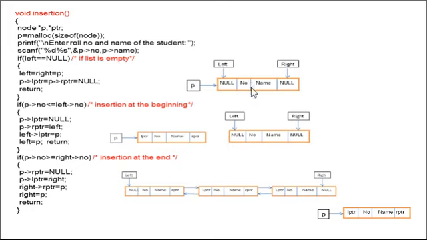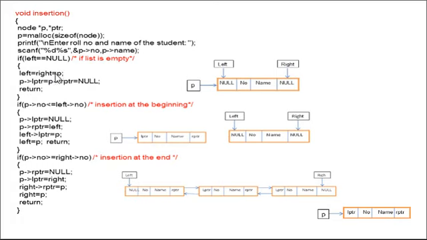As this is the only node in the linked list, the left pointer and right pointer both point to the same node, because this is the leftmost node and this is also the rightmost node. So in this case, how do we have to adjust the pointers? Left equals right equals P. Initially P is pointing to this node structure. Now left is pointing to the same P. So left equals P and right is also equal to P. So left is pointing to the same node, right is also pointing to the same node. So this is the first case.